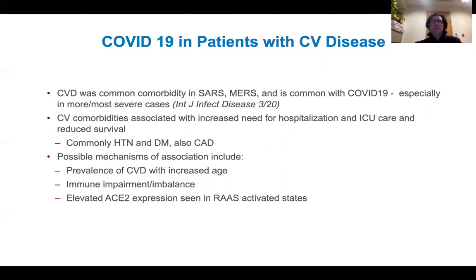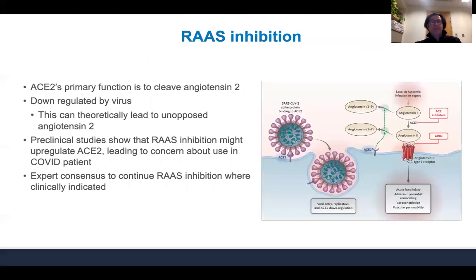And the possible mechanisms are purely speculative, but include the prevalence of cardiovascular disease with increasing age, because there has been an age association with morbidity and mortality in this disease, but also the immune impairments or imbalances that occur with age, and elevated ACE2 expression that is seen in RAS-activated states. And we mentioned this earlier, but ACE2 is required for binding of the SARS-CoV-2 for COVID infection. And ACE2's primary biologic function is to cleave angiotensin II. And angiotensin II is the most vasoconstrictive